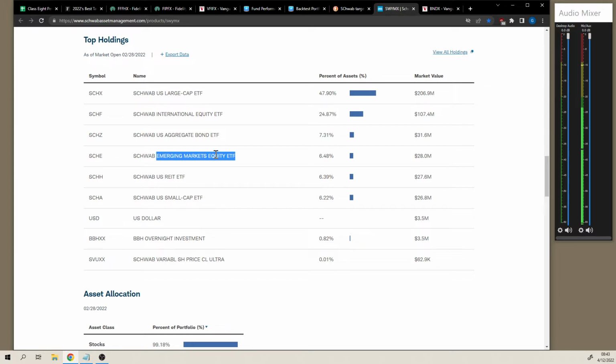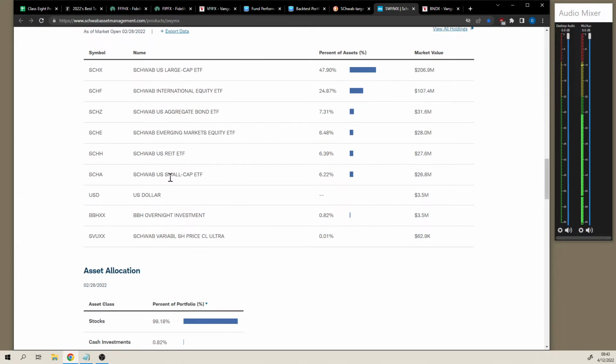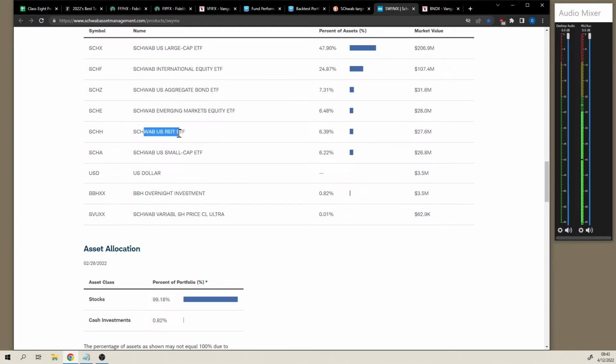They're considered a standalone. They've got an odd allocation here to real estate investment trusts, REITs, and a separate allocation to small cap. They separate the